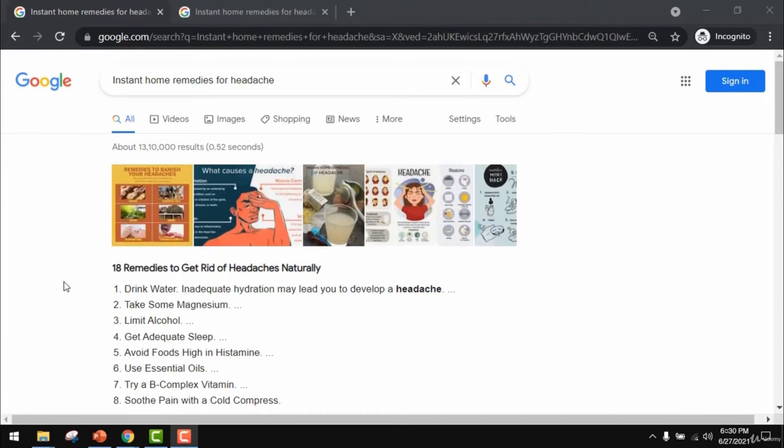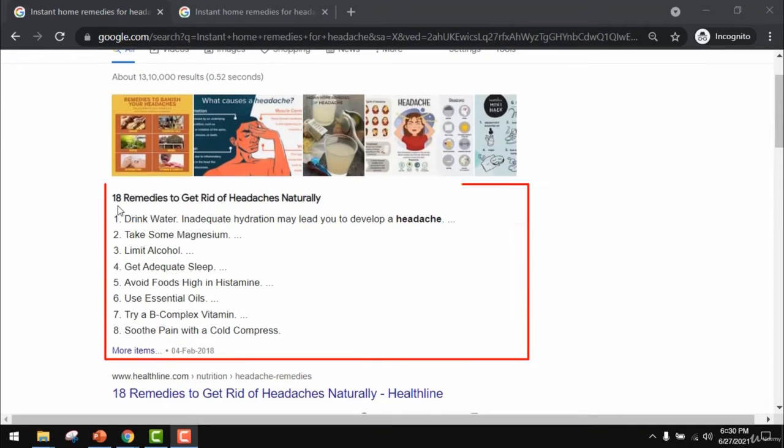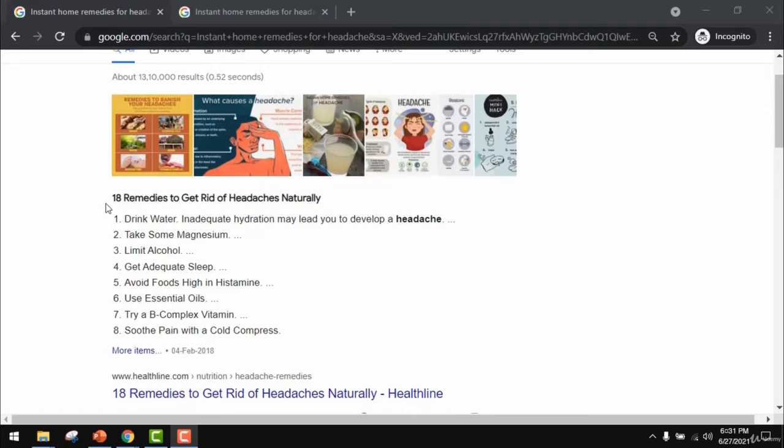Let us observe the search result. At the top of the page, you can see that there are 13 lakhs plus results and this query took 0.52 seconds to execute. And at the top of the page, you are seeing some direct information given. This information is called a featured snippet. Google's algorithm has the intelligence to pick answers or information to common questions and formulate that information in a meaningful way. This is the most searched, most adequate and most proper information, but we cannot say that it is the most credible information. So this information is called a featured snippet.